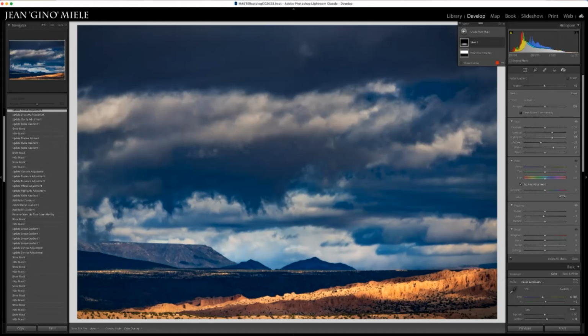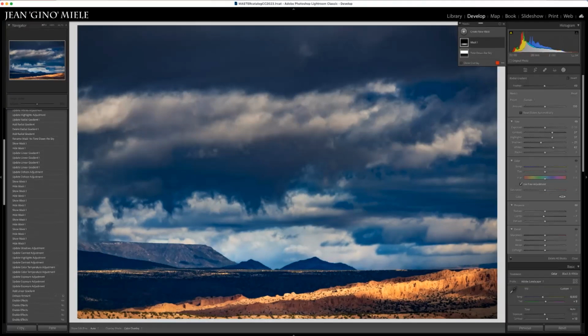So let's go back in the history to before we did any local adjustments. So here's where we did the linear gradient. I'll go one step before that, right click, make this the before, that is copy history step settings to before, and then hit the / key. Oh,